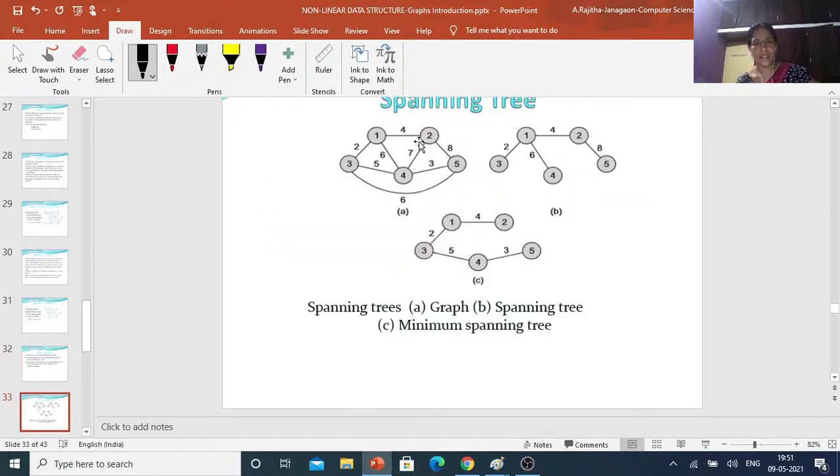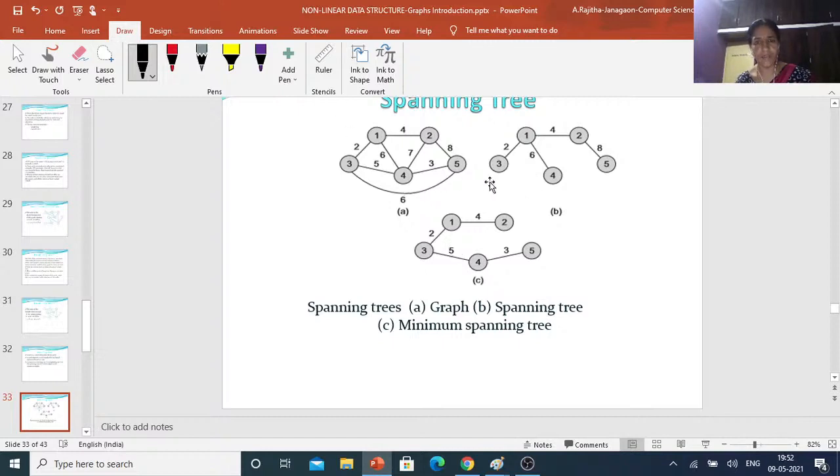Now see here, this is the tree and this is one spanning tree, this is one spanning tree. So from these spanning trees, C is the minimum one because you can add 2 plus 4, 6, 5, 11, 14. Here you can add, that is 20. So here the cost, adding all these weights, is 14 only. Now here it is 20. So that C is the minimum one.